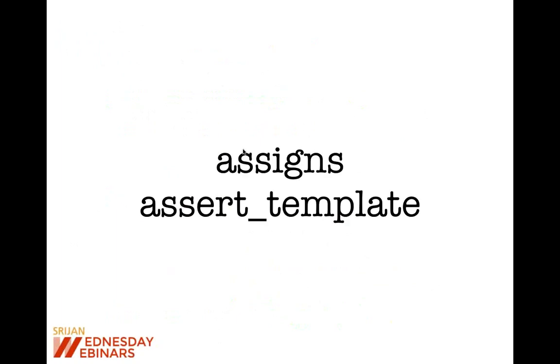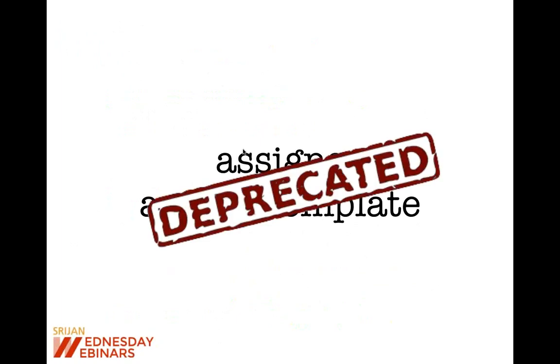The other big difference in Rails 5 is related to controller tests. Internally, a lot of things have changed for writing controller tests. In previous Rails versions, we were used to using two helper methods for testing controllers. We can use assigns to check whether an instance variable is assigned in a controller action or not. Or we can check whether a particular template is rendered by this controller action using assert_template. Now, these two methods are completely deprecated in Rails 5.